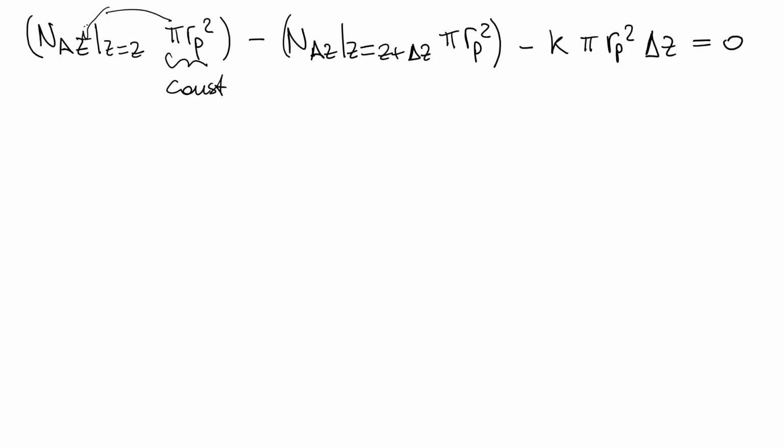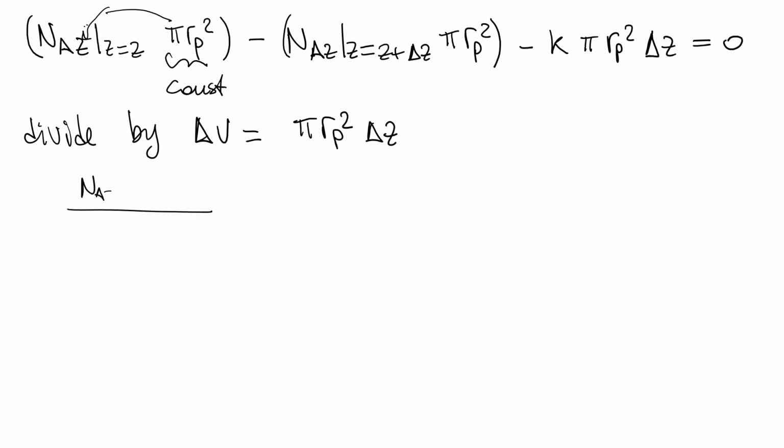So next step, we divide by the volume delta V, which is pi RP squared delta Z. We're doing this because eventually we want to take a limit and have everything in terms of derivatives. So if we do that, you can see that we have NAZ at Z equals Z pi RP squared divided by pi RP squared delta Z. So this cancels out,